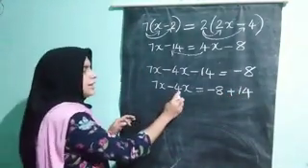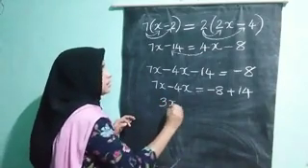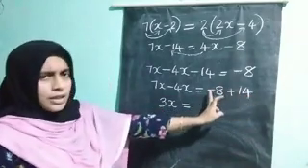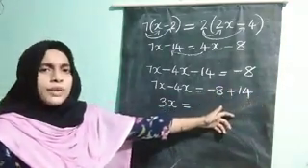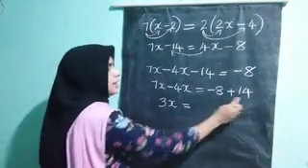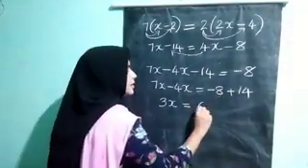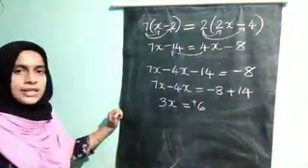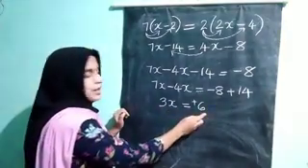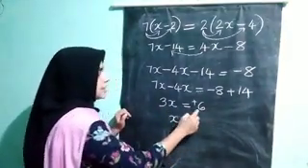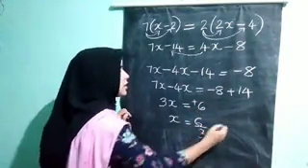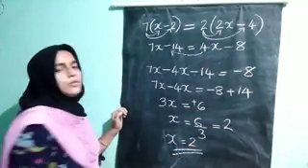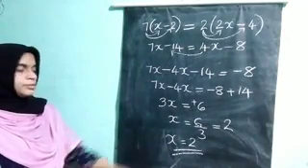Okay. 7 minus 4, like terms subtract. 3x equal to. Here adding one negative number with the positive number. Subtract from bigger, put sign of biggest. 14 minus 8, 6. Okay, what is the sign of bigger number? Plus. So, plus 6. 3x equal to plus 6, x equal to 6 divided by 3 equal to 2. So, x equal to 2. Value of x equal to 2.